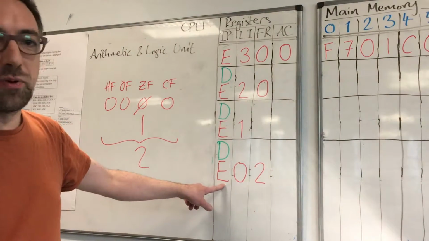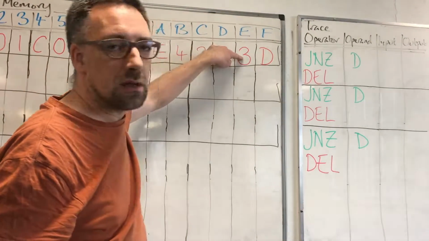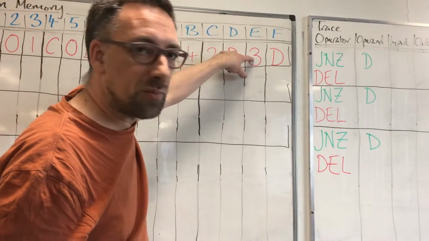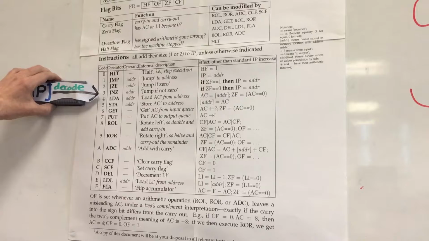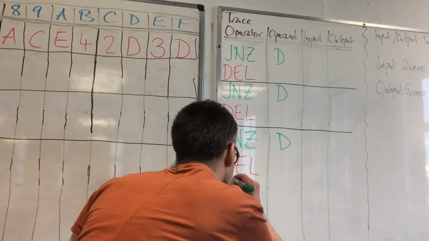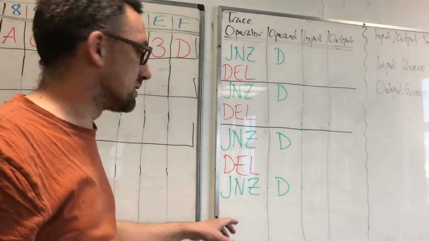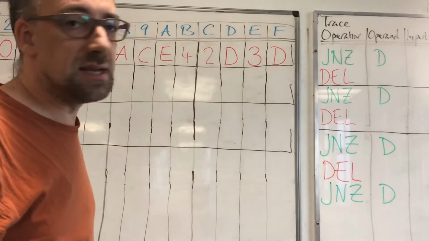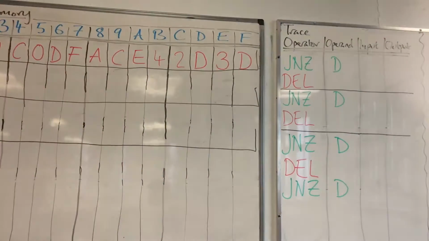We see the instruction pointer is E, so we look in main memory at E, and once again we see that the opcode is 3. Decoding that, we find that the instruction is jump if not 0, which takes an operand, and from memory we can see that the operand is D, so it's jump if not 0 to D. But what does that do? Well, seeing as the 0 flag is actually set this time,